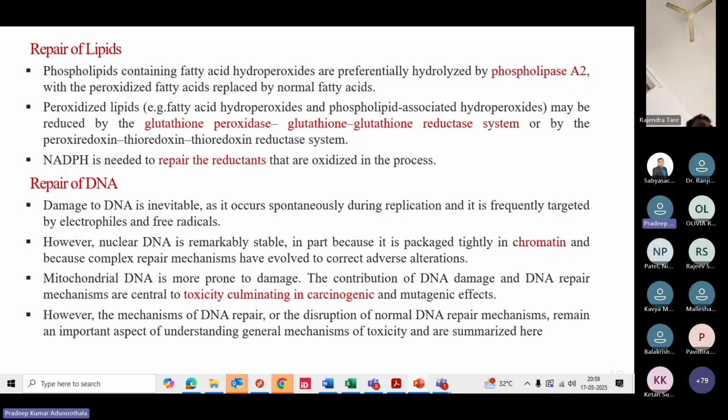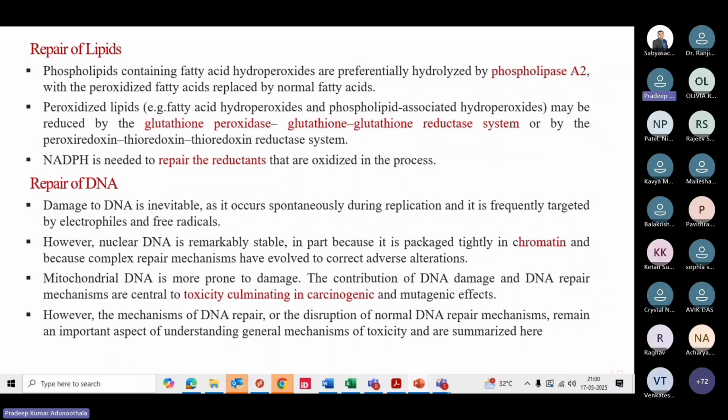But coming to the mitochondrial DNA, it is very prone to damage because there won't be any chromatin or complex repair mechanisms on it. So mitochondrial DNA is prone to damage. Damage repair mechanisms are central to toxicity, culminating in carcinogenic and mutagenic effects. This DNA repair, or the disruption of normal DNA repair mechanisms, remains an important aspect of understanding the general mechanism